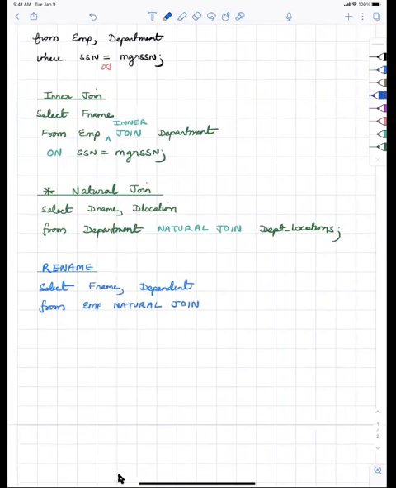Here, because in the dependent table, it's called ESSN, not SSN, I'm going to change it. So I'm going to say select ESSN as SSN, dependent name as dependent